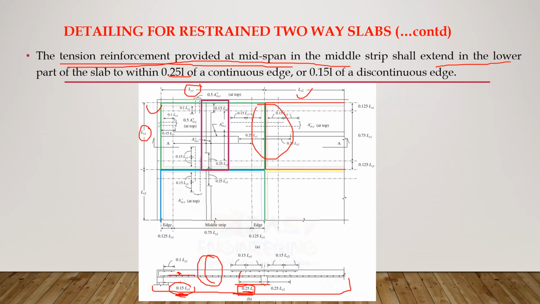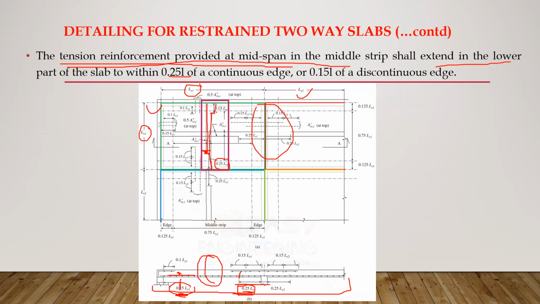And in doing so, we have to remember that alternate bars should extend fully into the support. That means one bar will extend up to 0.15 times L1 and another bar will then extend fully into the supports. If you look at the plan view, we have this bar here which is extending up to a distance of 0.25 times the length of this Lx1, and this bar is cut off or curtailed here. Now another bar, if you see here, this bar is extending fully into this support,